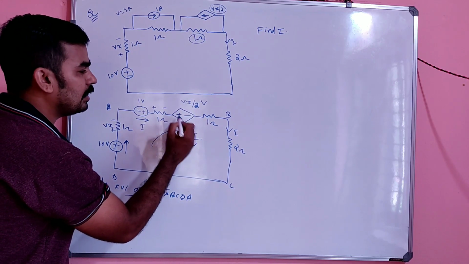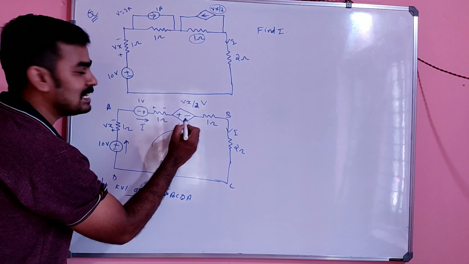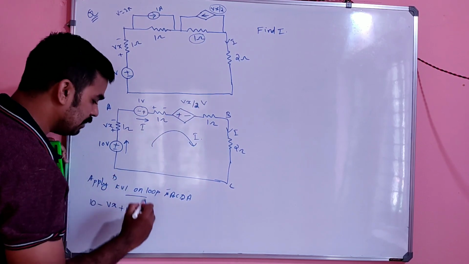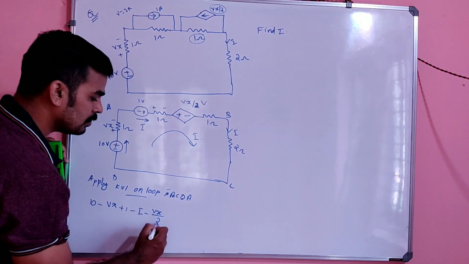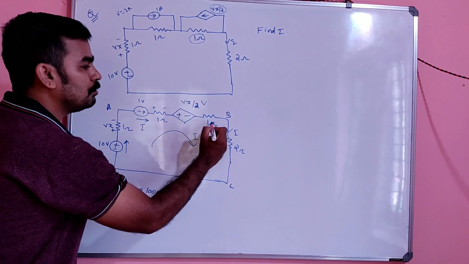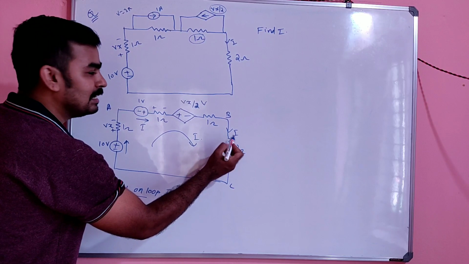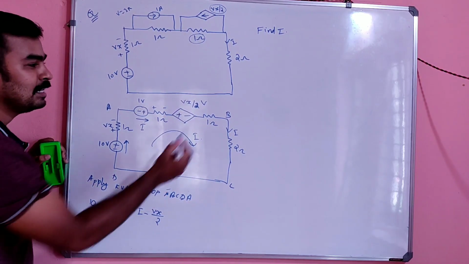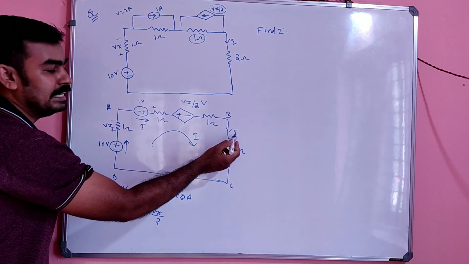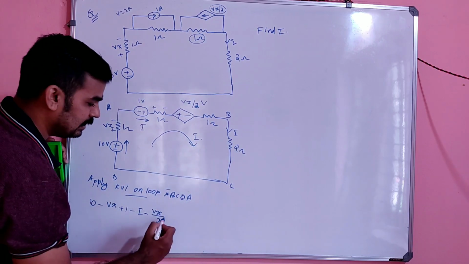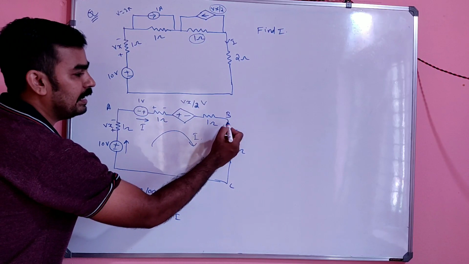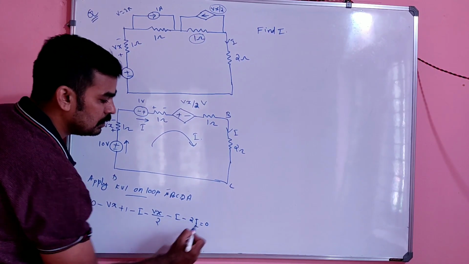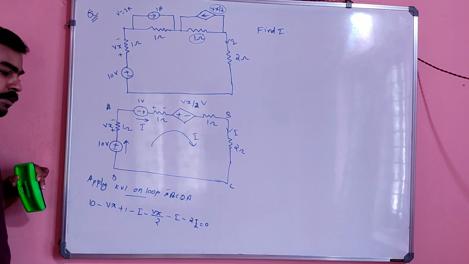And again coming to here, it is a fall in potential inside the cell, because plus to minus is a fall in potential. It is minus Vx by 2. Again coming to here, the same will happen again. That means due to I, across 1 ohm there is again a voltage drop, that is a decrease in potential. So minus I, right? Again minus 2I equal to 0.